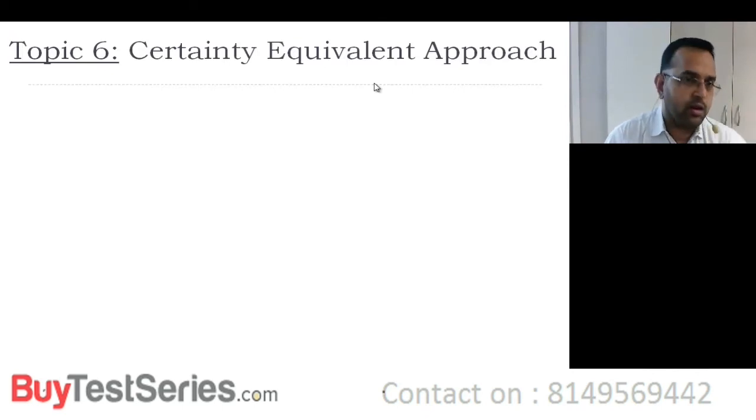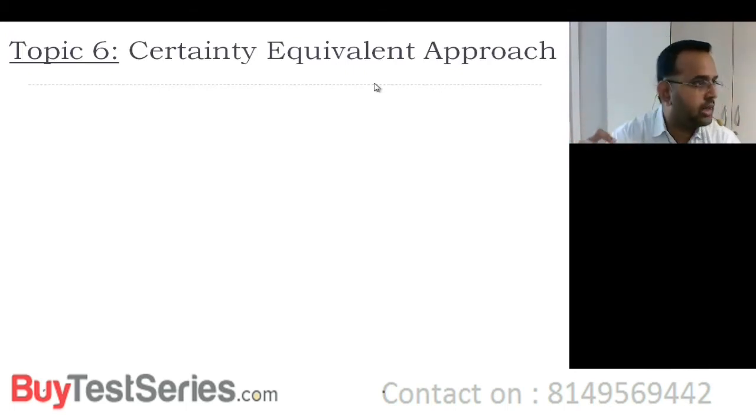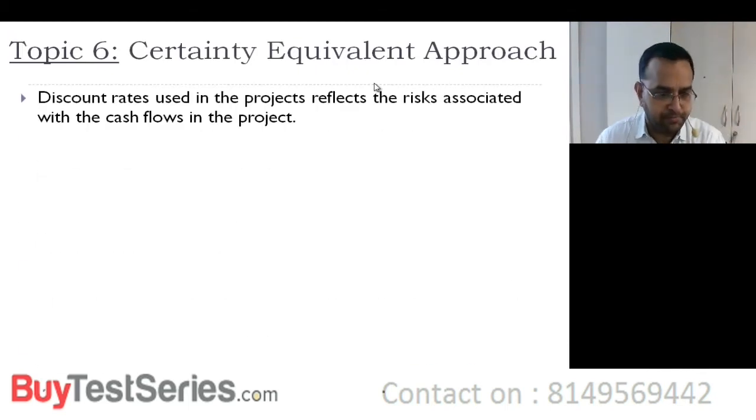In all the previous models, you have a risky cash flow and then you tweak the discount rate to find out what is the appropriate discount rate for discounting the cash flow. In this model, you don't tweak the discount rate, rather you tweak the cash flow. Cash flows are converted into RF cash flows, and RF rate will be used for discounting it to the present value. That's called as a certainty equivalent factor. How certain your cash flows are? Please make a note.